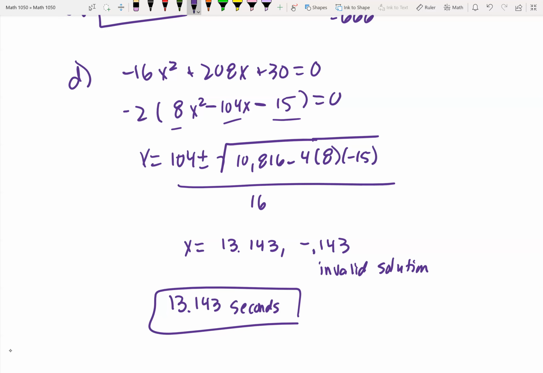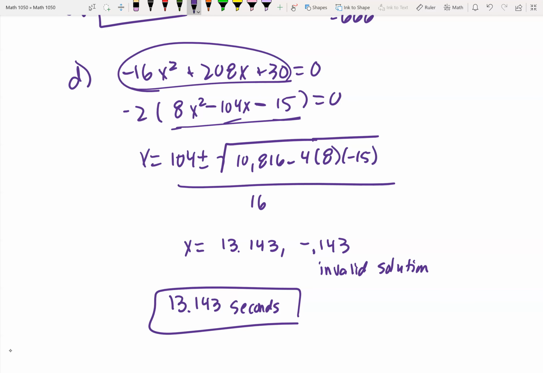and I did not get a 0. So let's look. 10D. I should have, because it matches. Okay, let me try it really fast. I don't want to mess up. So go get that 13.143 on there. Hit store, enter. Then it doesn't matter if you put it here or if you put it there. I'm going to put it right there. So I'm going to go -16 times x squared plus 208 times x plus 30,